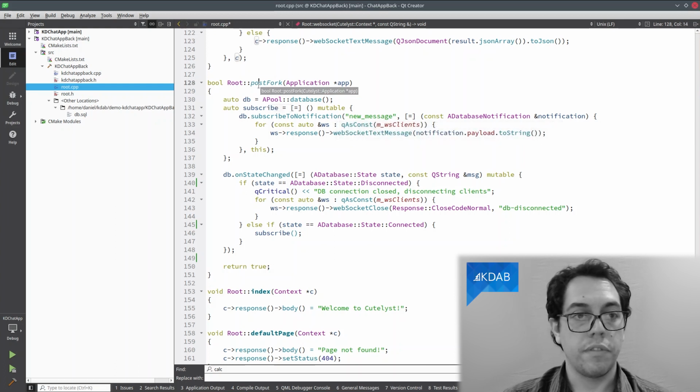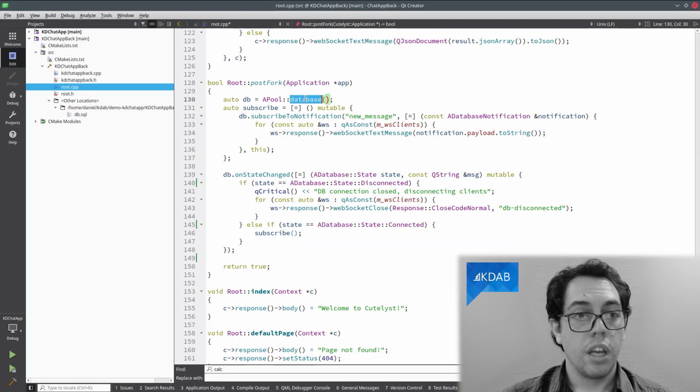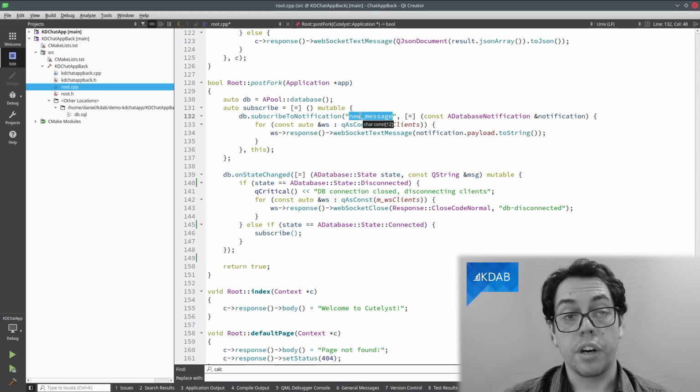Here on postFork, this happens after the Cutelyst application forks or starts if there's no forking involved. It's going to grab a connection to Postgres and create a subscription to that new message topic that we created, that we are going to be calling on that trigger.